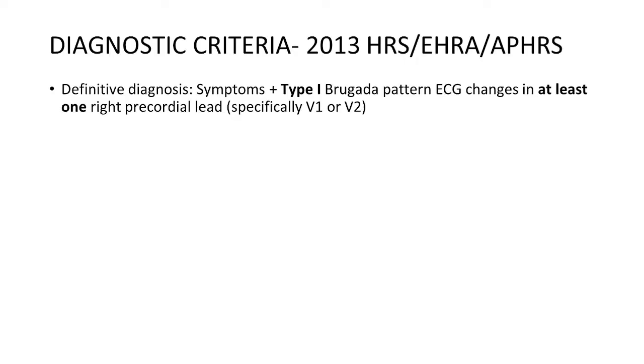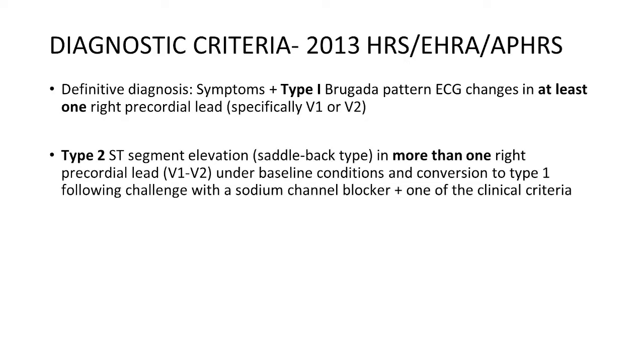Symptoms means chest pain, palpitations or syncope with a type 1 Brugada pattern in at least one precordial lead, specifically in V1 or V2. It does not say more than or equal to one lead; only one lead of coved ST elevation plus symptoms. That is according to the 2013 HRS Heart Rhythm Society guidelines. Or, if it is not type 1, if there is saddleback ST elevation in at least one right-sided precordial lead under baseline conditions and following a sodium channel blocker challenge,